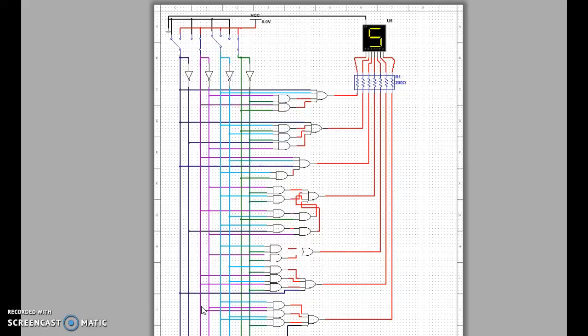where A is on, B is off, C is on, D is on, E is off, F is on, and G is on. Then to create a 6, it is 0, 1, 1, 0,